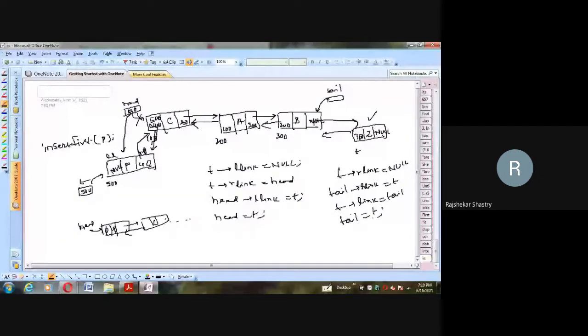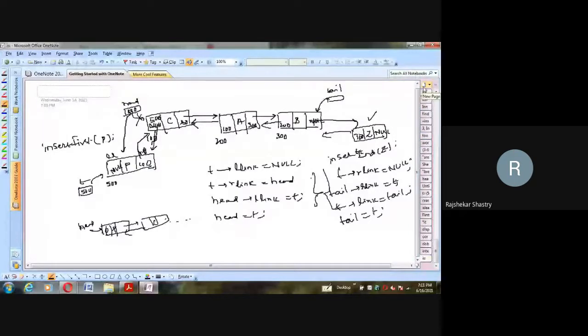These are the same four steps to be adopted. This is how we can insert the new node at the end. Insert end, the new node says Z. This is my method, and to this method, these are the four steps to be adopted. Of course, this is possible only if the linked list is not null. If it is null, then we simply insert the same node, and the single node will become head node as well as tail node. Care has to be taken. Otherwise, if a linked list already exists having at least two nodes, then these four steps are quite enough. So this is about insertion before and insertion after.